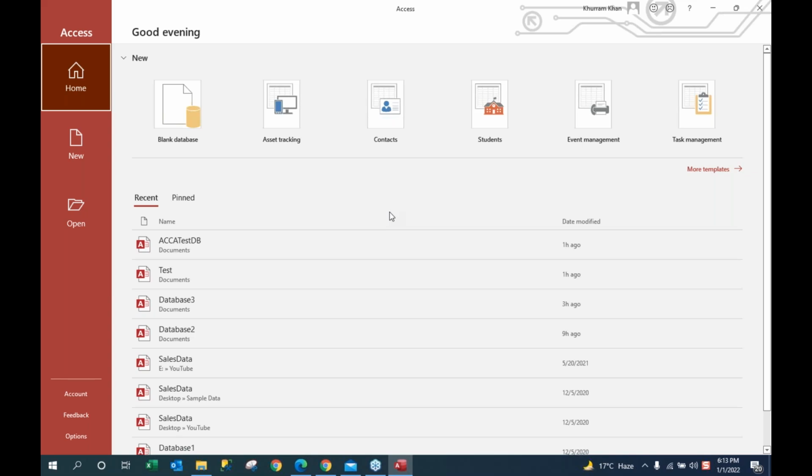Microsoft Access is one of the components of the Microsoft Office Suite. It is used for small companies. You may find the application of Microsoft Access in some sort of a pharmacy or maybe a small departmental store. There is a cash register, a software that is developed in